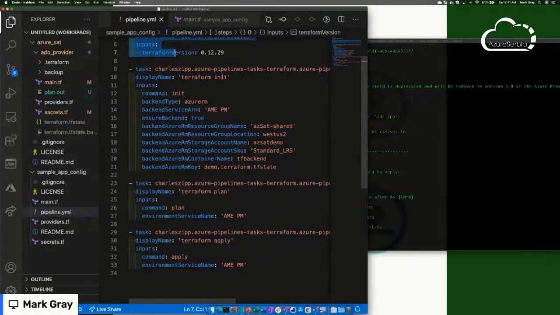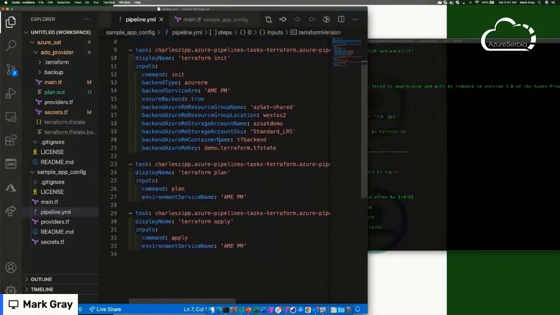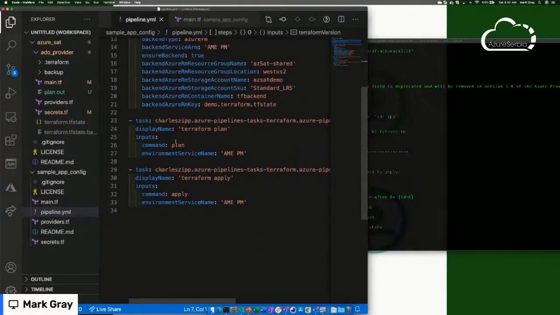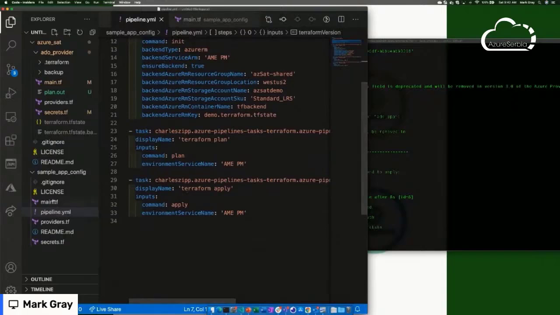And what is really powerful about this extension is you can actually tell it to use an Azure storage account for your Terraform state. So you don't have state stored locally. You can have a common state, and this extension will actually stand that up for you. It will actually create the resource group and create the storage account and everything for you. You just give it the information that it needs. It will initialize that, create that storage account, and get the state pointed over there in the configuration. And then I'll just do a plan and apply to apply that configuration for the